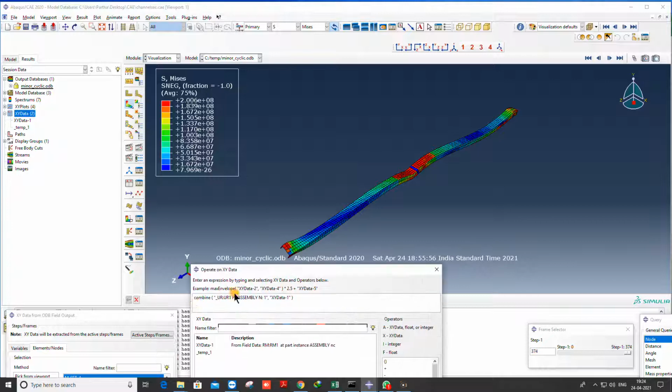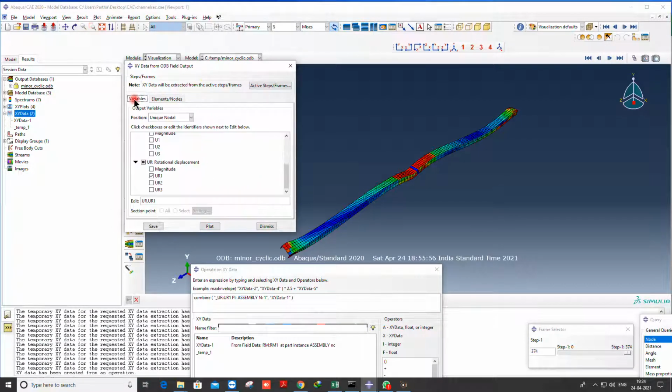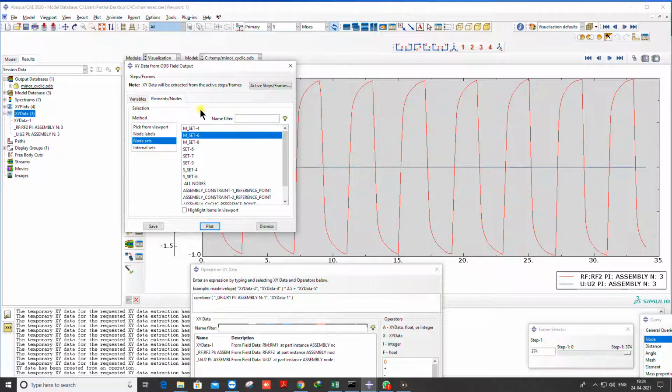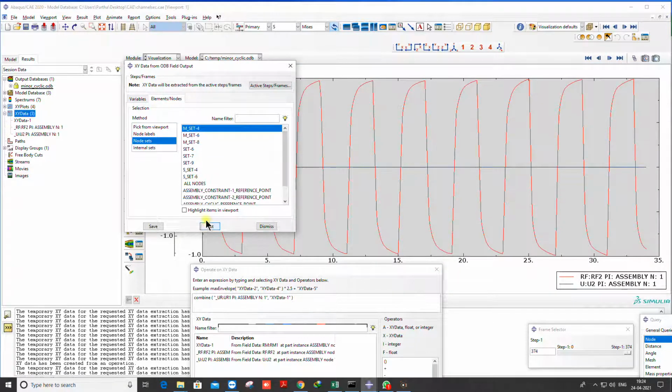Same way you can get the displacement versus reaction force. So from here you can select RF2, because I'll be getting reaction in the vertical direction, and U2. Same way, remember, reaction you can take at any support. Let's say I'll take it at this support or this support.